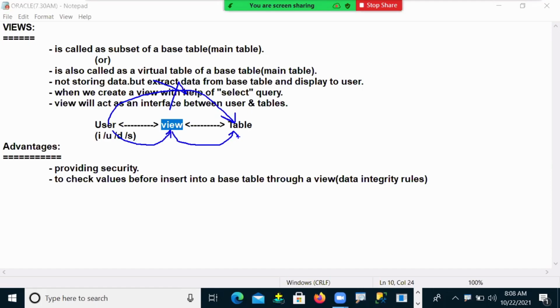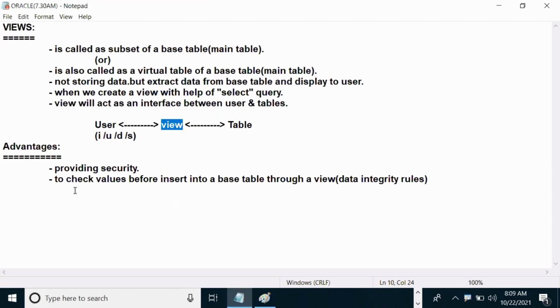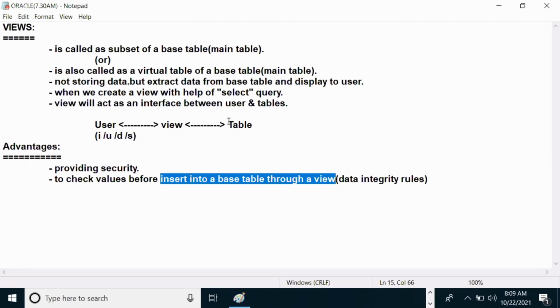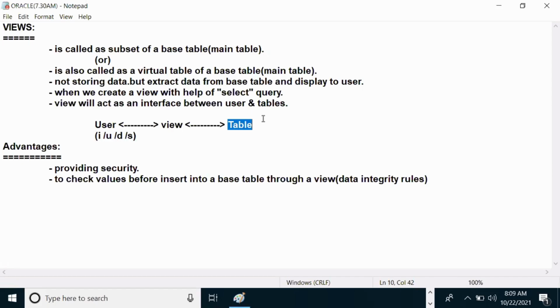Now in such cases, suppose the user is inserting some data into the base table through a view. At that moment, what happens? Suppose your table has some integrity rules. For example, a unique constraint is on your table. Unique constraint means duplicates are not allowed.